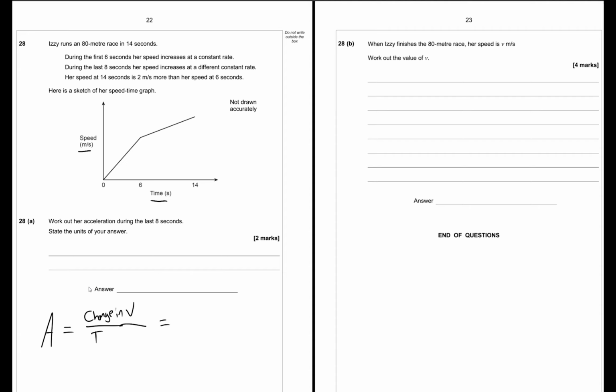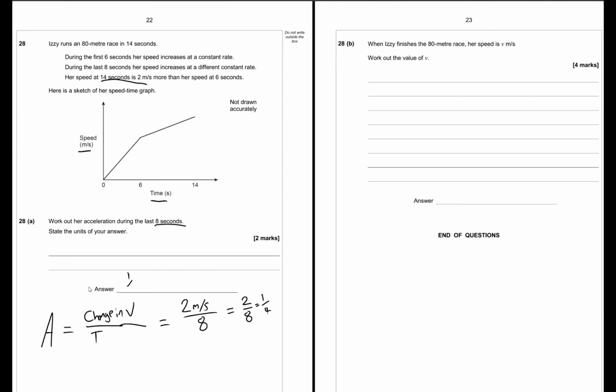Her speed at 14 seconds is 2 meters per second more than her speed at 6 seconds. So the change in velocity here is going to be 2 meters per second, and the amount of time that took is 8 seconds. So it's going to be 2 meters per second over 8, so 2 over 8 equals